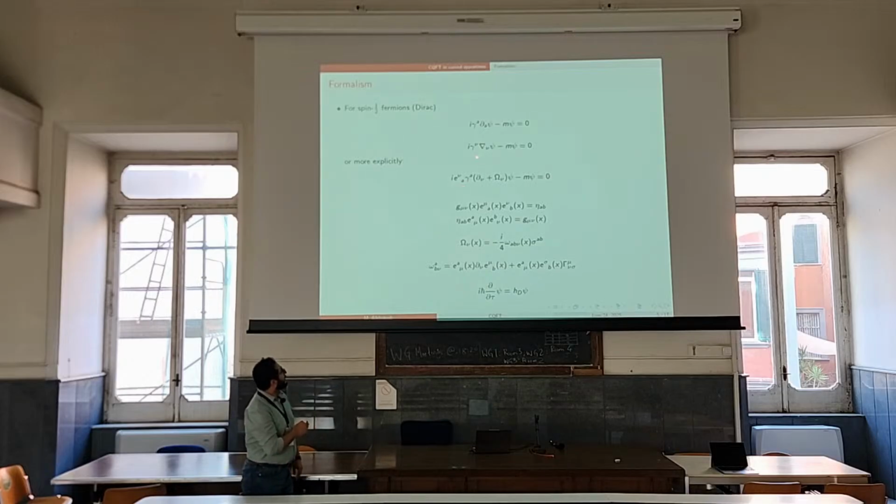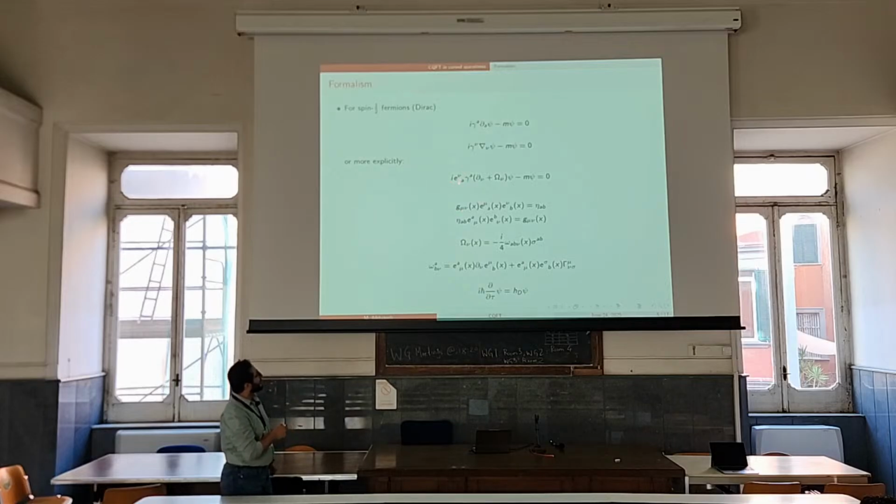And writing the partial derivative as a covariant derivative would result in this connection. And here we have our gamma matrices written in terms of the flat spacetime gamma matrices and the tetrad. And those guys called the tetrad or